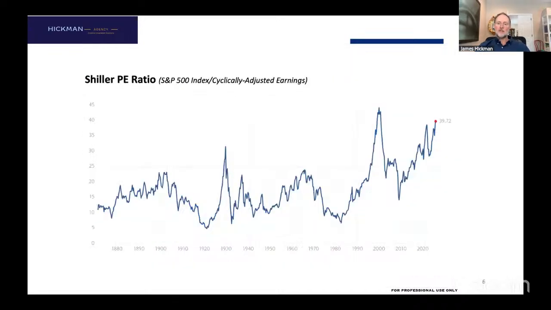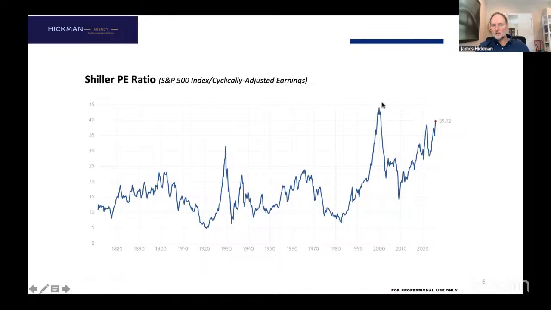That 70% downside is echoed by the Shiller ratio. Okay, the S&P 500 index divided by the long-term average earnings, full cycle earnings of the S&P 500. Okay, cyclically adjusted earnings of the S&P 500. Divide the index by the cyclically adjusted earnings, we get the Shiller ratio. He won a Nobel Prize, by the way. That ratio is over 40. It was higher during the tech bubble. It's the only time it's ever been higher. Again, 60% drop in the stock market from here.